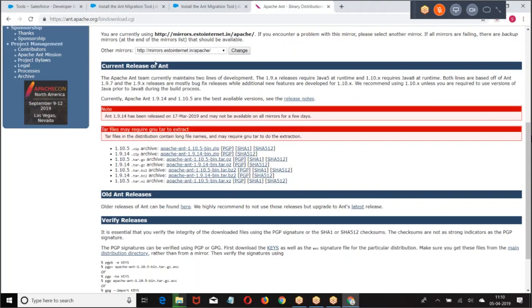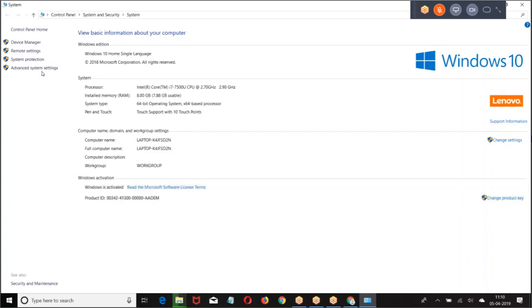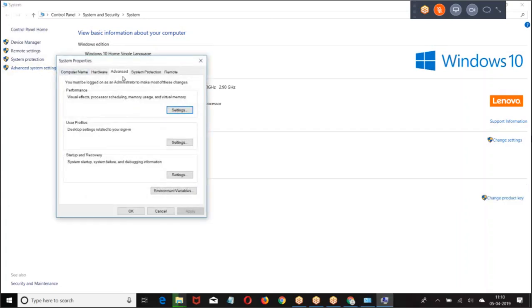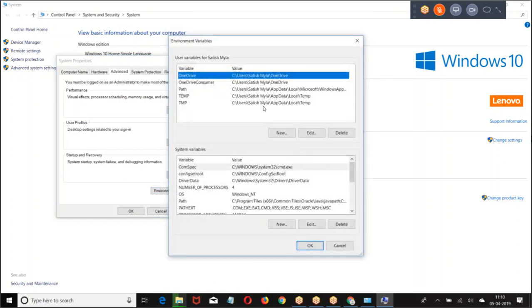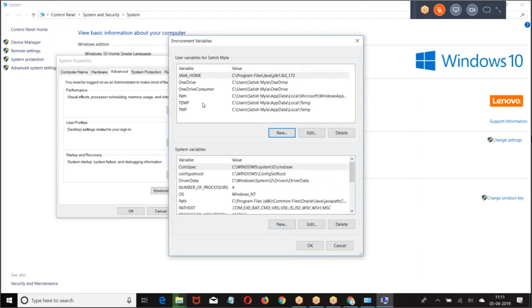Then go to My Computer, Properties, Advanced System Settings, Environment Variables, New, JAVA_HOME. Then again choose the path.